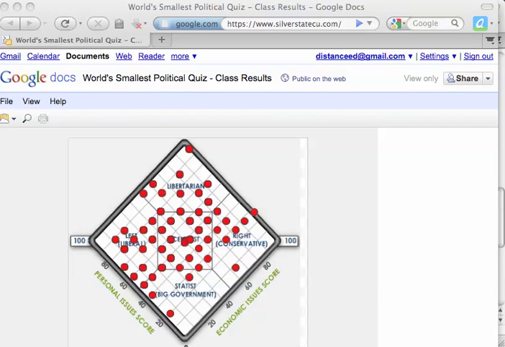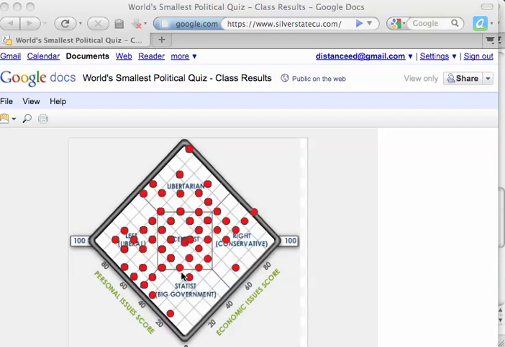So there all of you are. Again, a lot of people probably landed on that exact same dot, so we can't see. The thing you have to trust me about is that almost all of you, all 150 dots, are in this center section. And why is that, you ask? Because that's where most of America is.